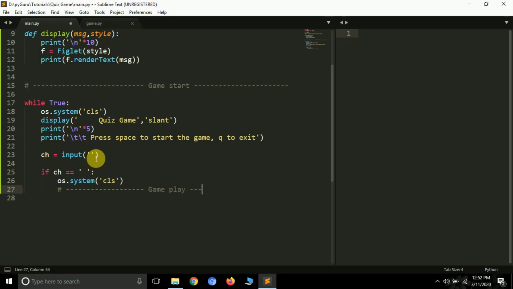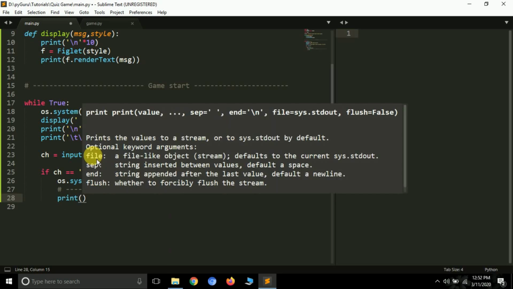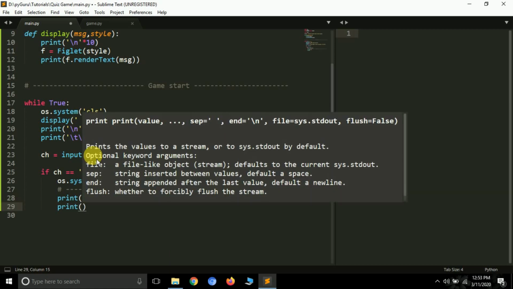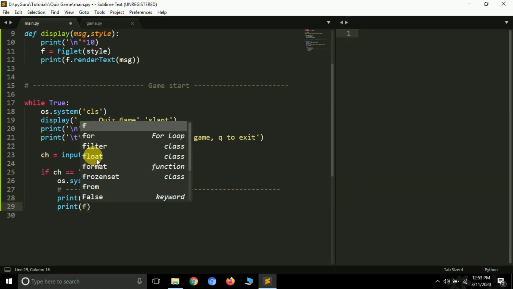This part will be responsible for the gameplay, like this. Okay, you can give anything, not necessary. What here, let's just put print \n multiplied by 2. It will create 2 new lines for us. Then we have to type print, let's say